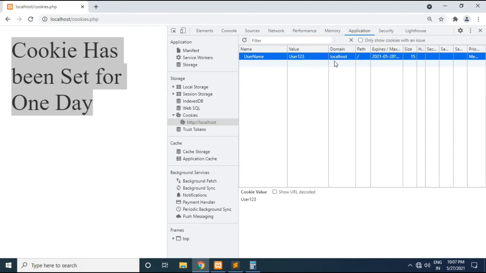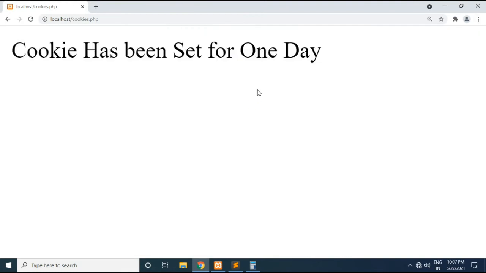See here, the domain is localhost, the path is this slash, that is, available for the whole domain. Then expiry, you can see this is the time when this cookie will expire, and the rest of the parameters we have not set. This is how you can view the cookie which will be stored by your application. Now I will close this, and this is how we set the cookie.